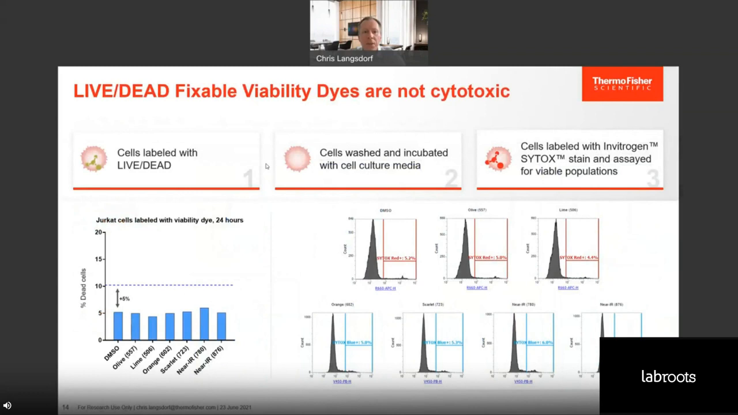Now, another potential source of concern is, are these dyes that I'm putting on my cells going to be toxic in themselves? That is, will these have some impact on the viability of my cells just by labeling them? And so to answer this, using the 6 new dyes that we're introducing, I labeled a population of cells with each of those and then put them back in an incubator for 24 hours and compared them to just DMSO